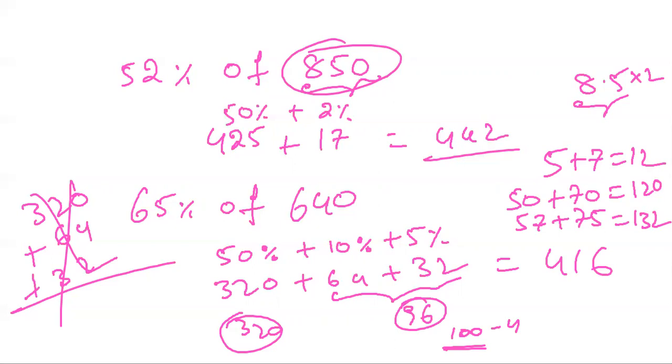So how much fastly we are doing it? Because you know 50 and 70, 120. 7 plus 5 is what? 12. 120 plus 12 is what? 132. You knew this thing, but for 57 plus 75 you are writing on a paper, then it is not good. Try to do the calculations in your mind.